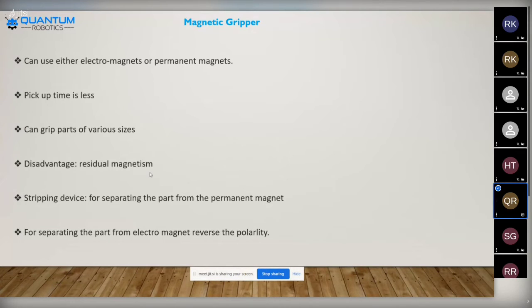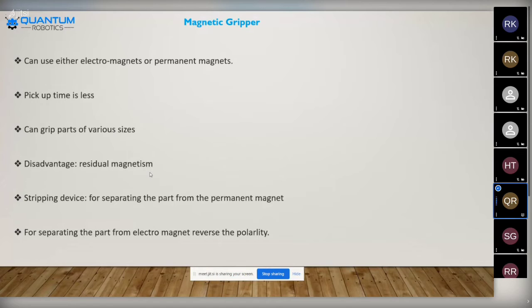Like that, here the residual magnetism means that when we are gripping the particular object, we are making that magnetism in the opposite direction. Then the magnetic action forms over there. When we have to lift the particular object in the particular area, we turn the magnet to the opposing directions. Then the repulsion force will act, and the particular object will be released over there.